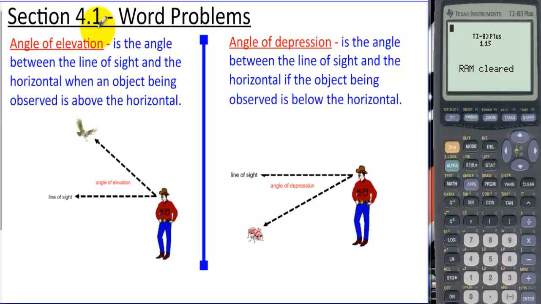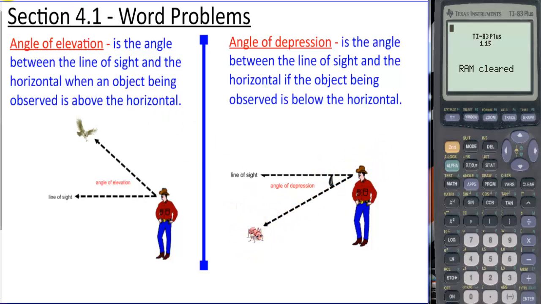Section 4.1 word problems. We have angle of elevation, which is the angle between the line of sight and the horizontal when an object being observed is above the horizontal. So in other words, an angle of elevation is when someone is looking up to the object. Angle of depression is the angle between the line of sight and the horizontal if the object being observed is below the horizontal. So the angle of depression would be this angle right here when a person is looking down